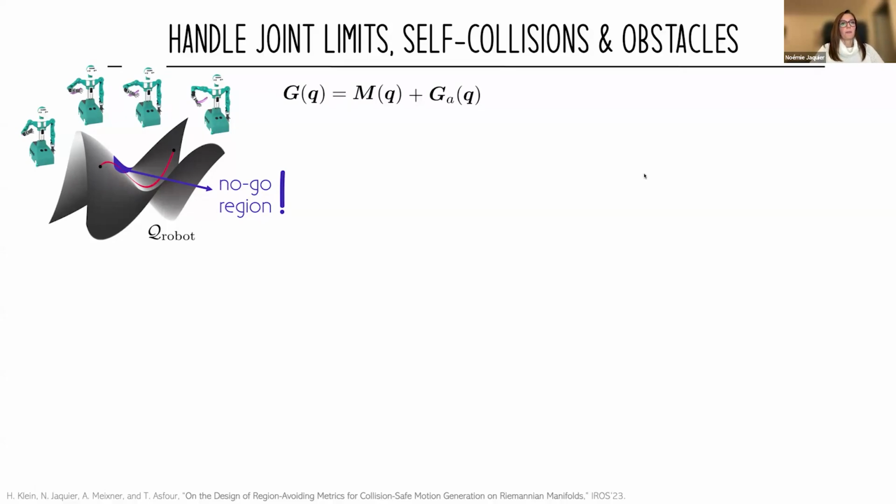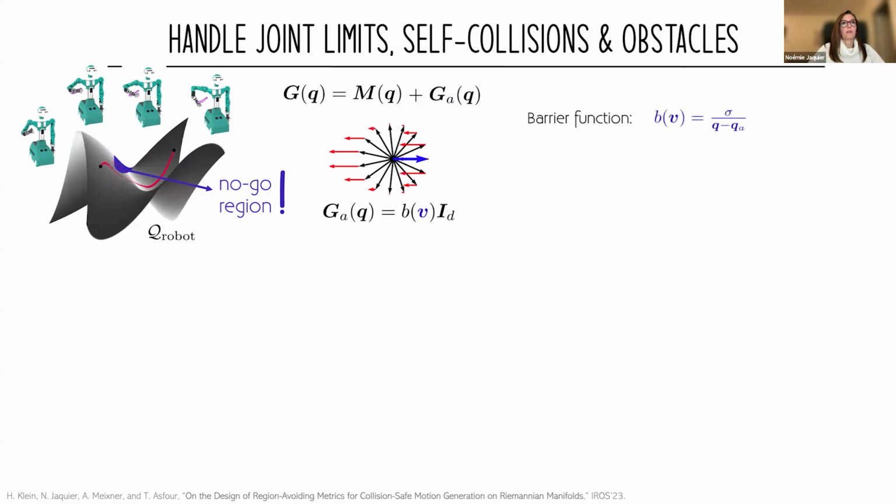So what we do here is that we modify the Riemannian metric of the space. So here the M is our mass inertia matrix, which defines the Riemannian metric, so the full geometry of the space. And we augment this metric with a collision avoidance metric, which will allow us to avoid the no-go region. This collision avoidance metric is built based on barrier functions. So the idea is that you take the direction from where you are to the no-go region, and